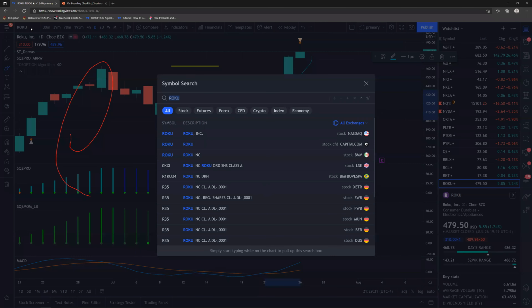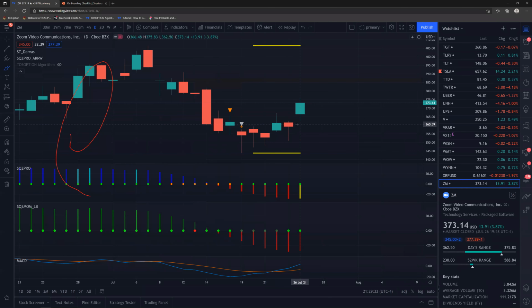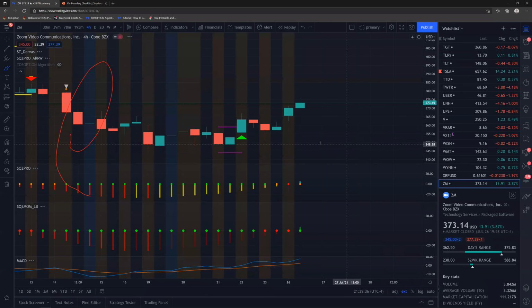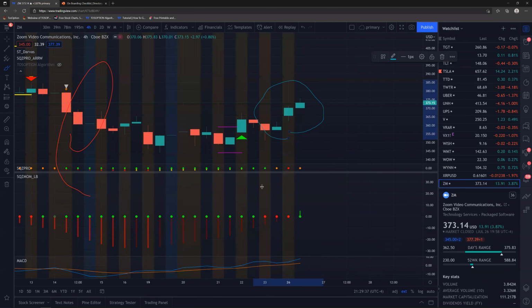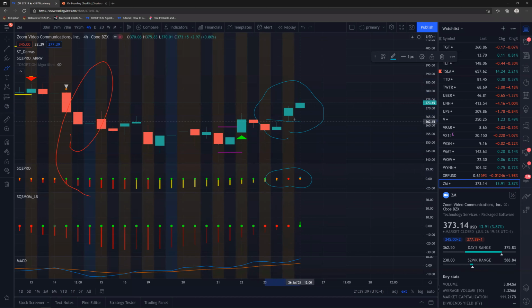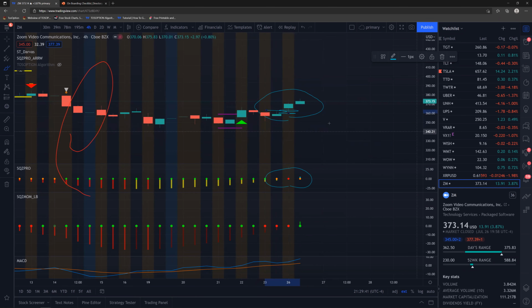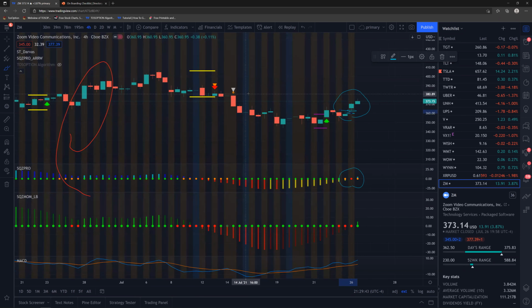Zoom doesn't have a kicker on an A6, but it is a kicker, and it does have a 4-hour TTM squeeze right there. And it left a little gap that I have to kind of worry about. But the decimal odds show that I do have a gap right here at 339. So if we can get to 339 by this week on Zoom, our contracts will go from $3.20 all the way up to about